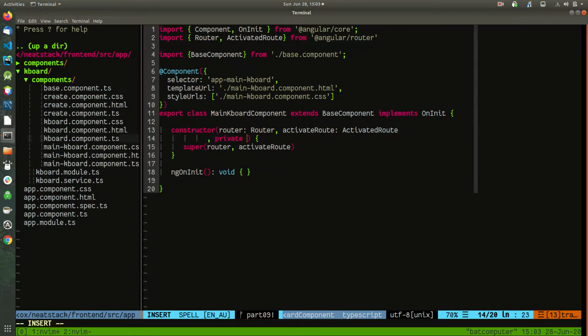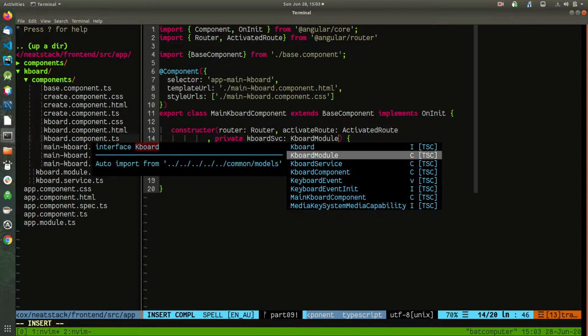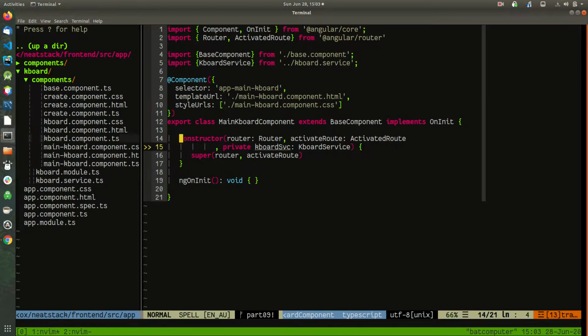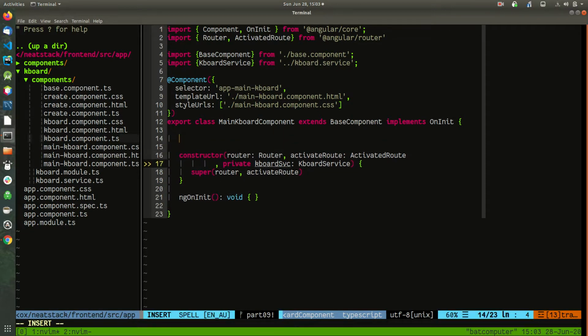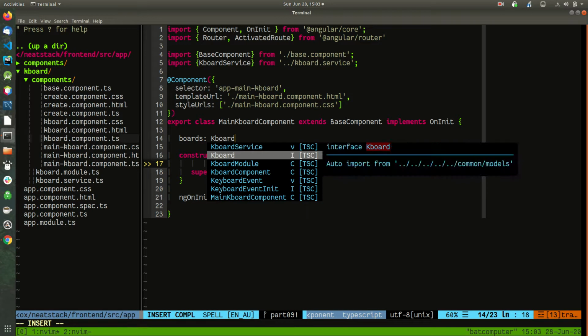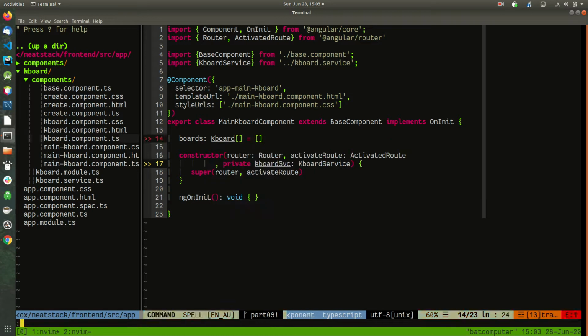Okay, we go private kbot service. And what I'll do is this: I'll add an attribute here called bots, which is of type kbot, an array of kbot, and initially it's going to be empty. Okay, I need to import that in. So let me just go kbot,